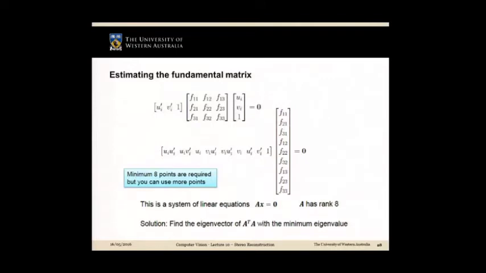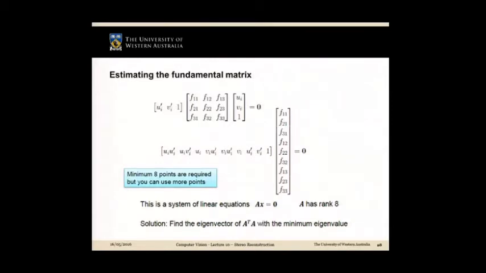So this is your matrix A. You construct a matrix A, M by 9. You already know there are 9 values here. This matrix has 9 columns, right? So M times 9 means it's an 8-point algorithm. And if you have 8 points,